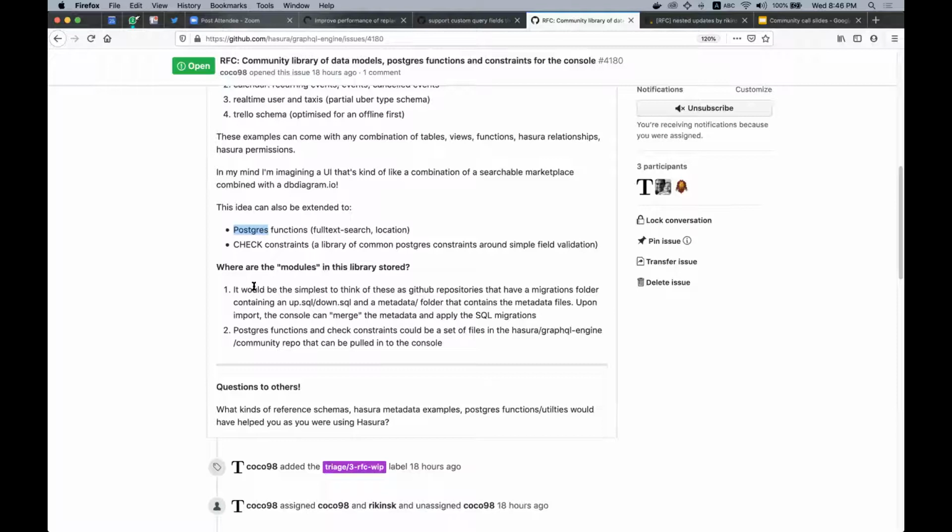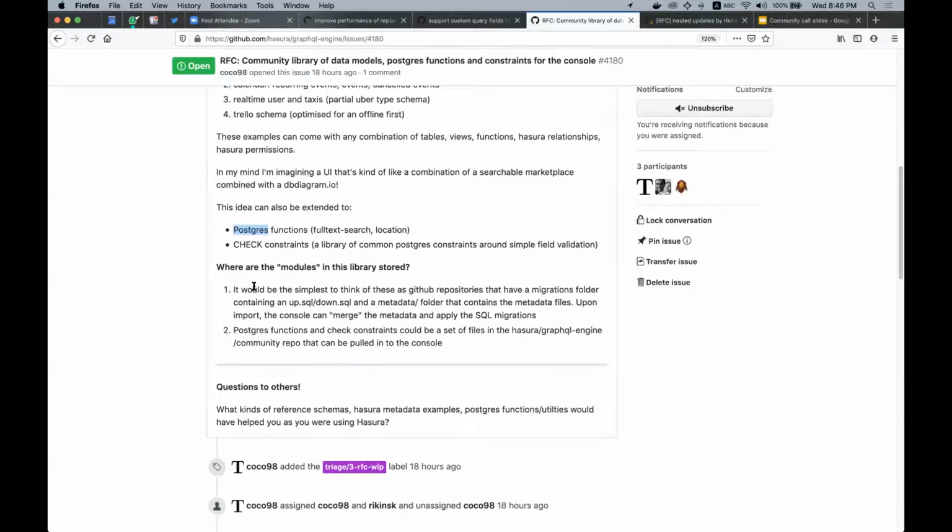And those will be pulled in by the console so that you can search through them as you're typing something in the run SQL window, or as you're creating a new computed field, or as you're creating a new check constraint, right? So that's more of a library of common functions or common statements that are stored in the GraphQL engine repo inside Hasura itself, maybe inside a community folder or something like that.